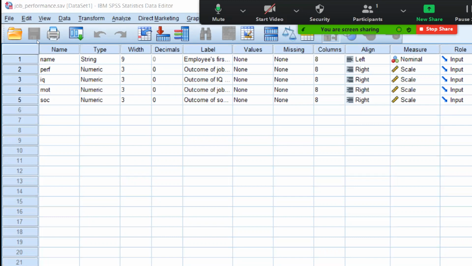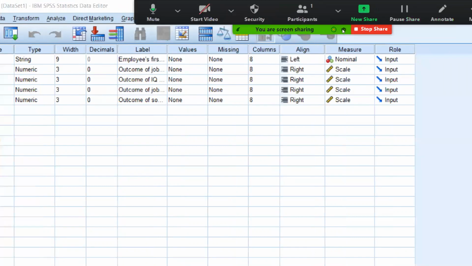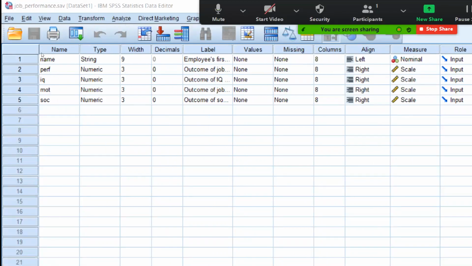The data is loaded into SPSS. The first variable is the name of the employee, a string variable. The width of this variable is 9, and the measurement scale is nominal. Performance, the outcome of the job, is a numeric variable.